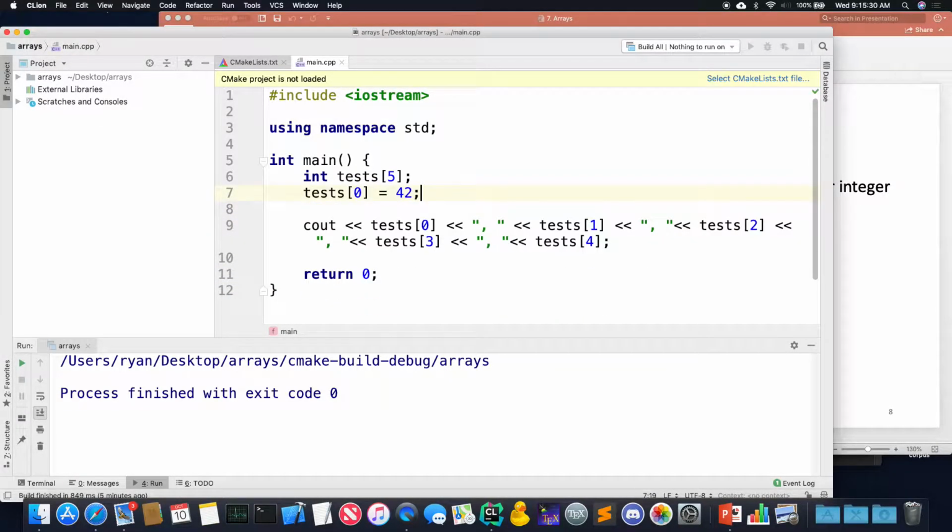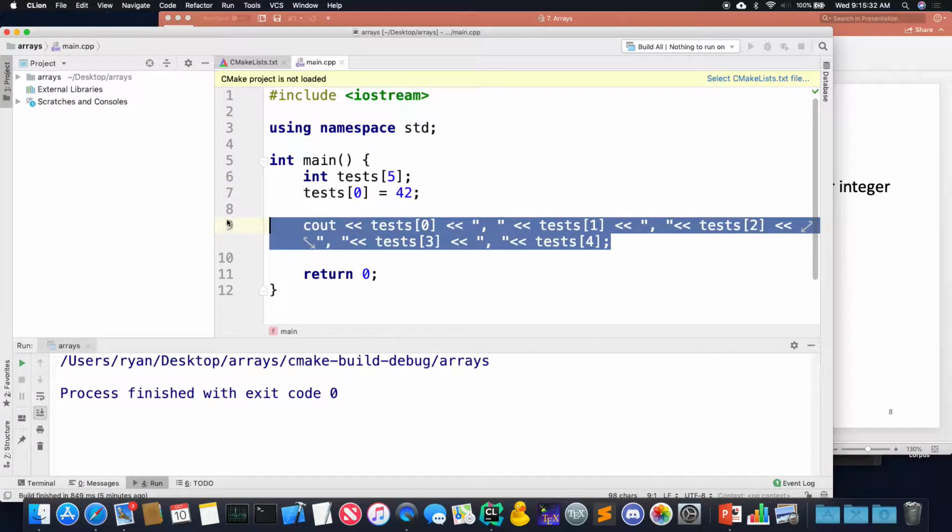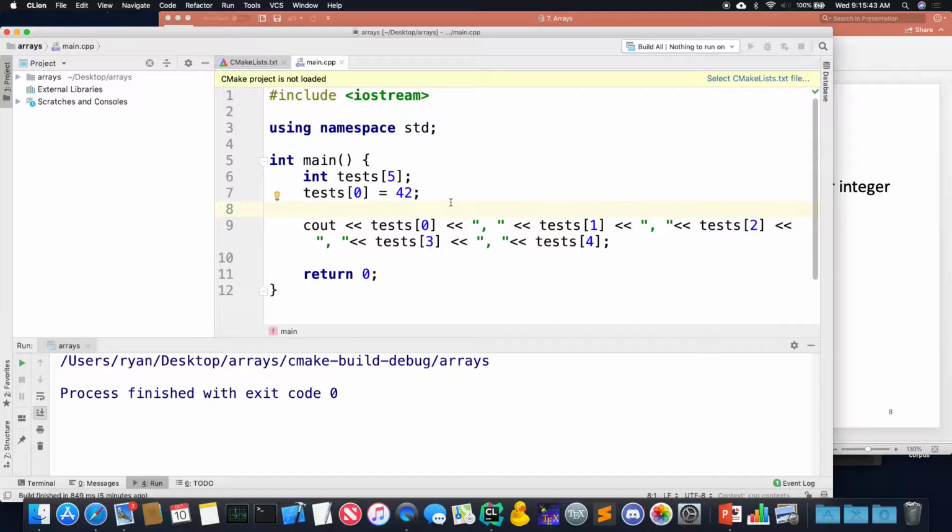So maybe if we wanted to print all of the elements in the array, I could do something like this, but what is a better way? Anyone have an idea? You use a for loop, right? Because do I know how many times I'm going to loop through this array, trying to print these elements? Well, I could have a loop that says, I'm going to print one element, then the next iteration is going to print the next element, the next iteration will print the third element, and so on.